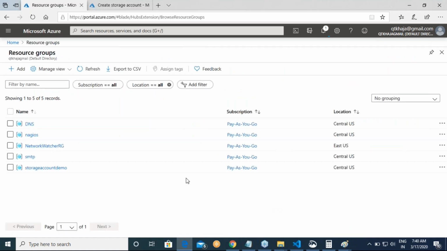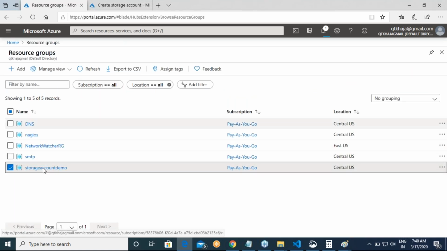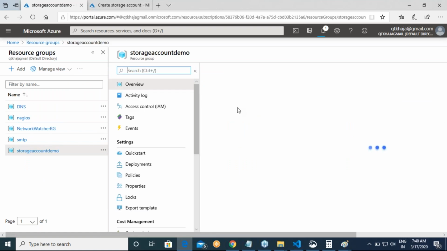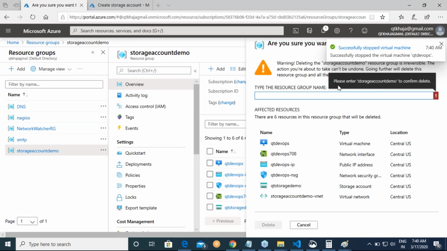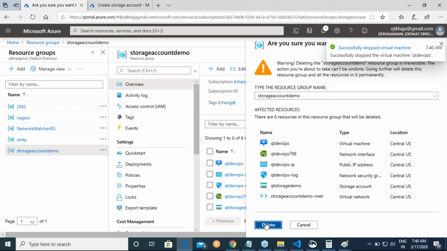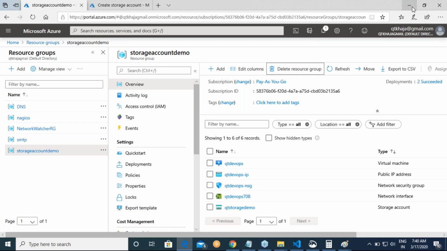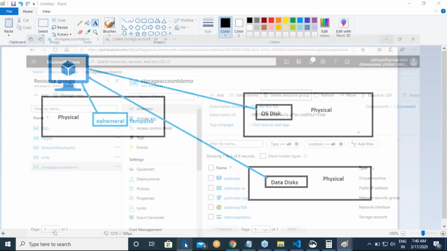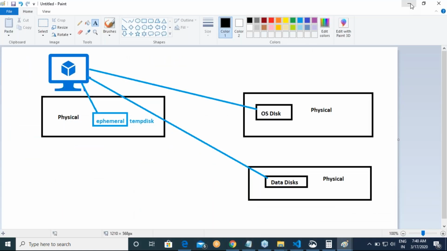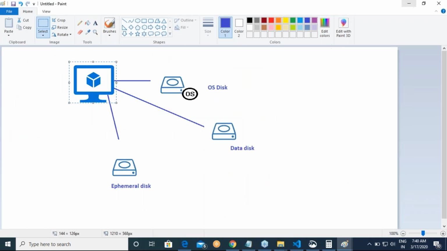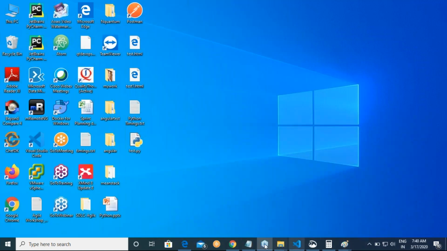So what I'll do is go and delete my resource group, which is storage account demo. We'll come back to the storage account once we finish disks, because we have to understand other kinds of storages. But one easier thing is, Azure is not recommending you to use a page blob. It is recommending you to use Azure disks, or Azure managed disks. So what are those managed disks? Why is Microsoft asking us to use that? What are the advantages I get with that? That is exactly what our story is all about in our next few classes.